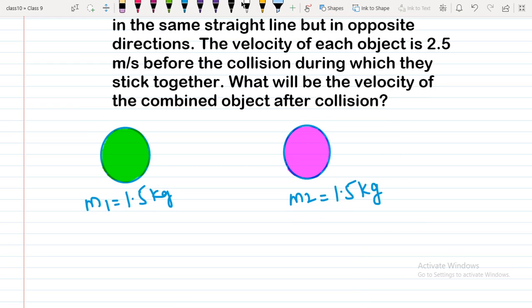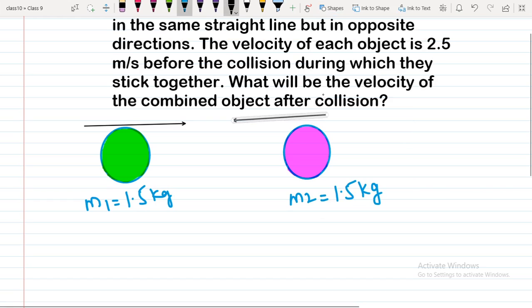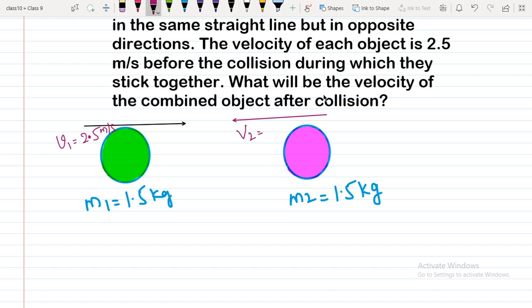So suppose this one is moving in this direction and another ball is moving in the opposite direction, and their velocities are also given. If I take this ball's velocity as v1 which is equal to 2.5 meter per second, and this I'll consider as v2 equal to 2.5 meter per second. But velocity is a vector,